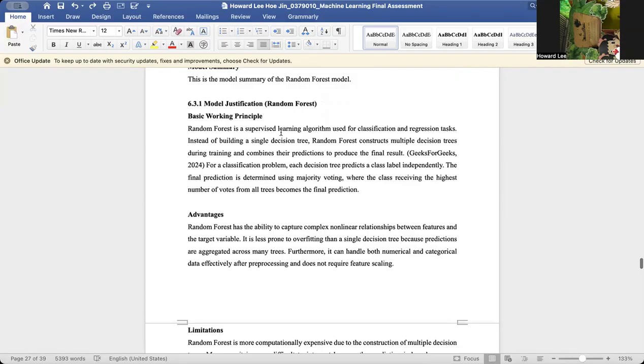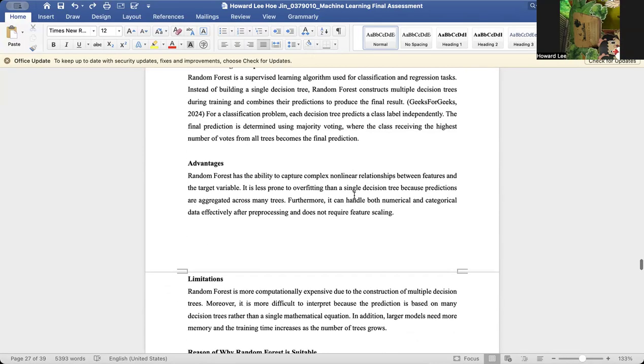Random forest is a supervised learning algorithm used for classification and regression tasks. Instead of building a single decision tree, it constructs many decision trees, and the class receiving the highest number of votes becomes the final prediction.